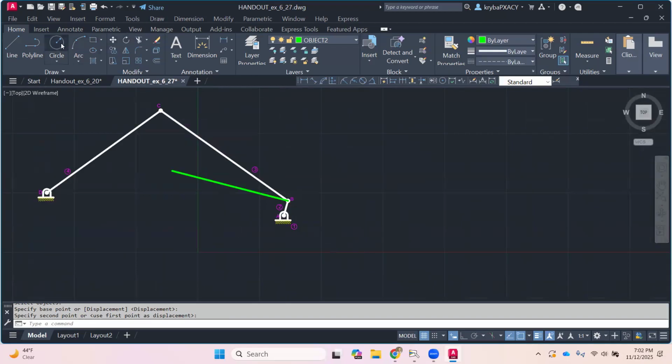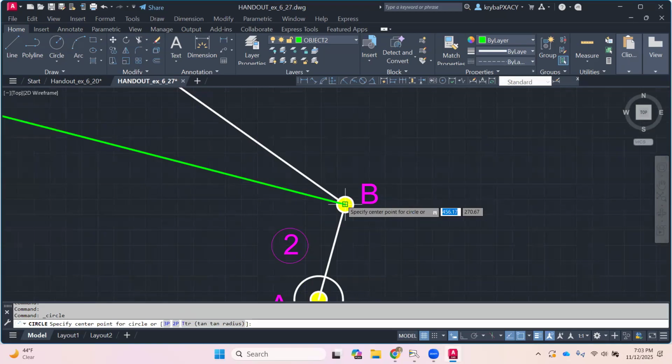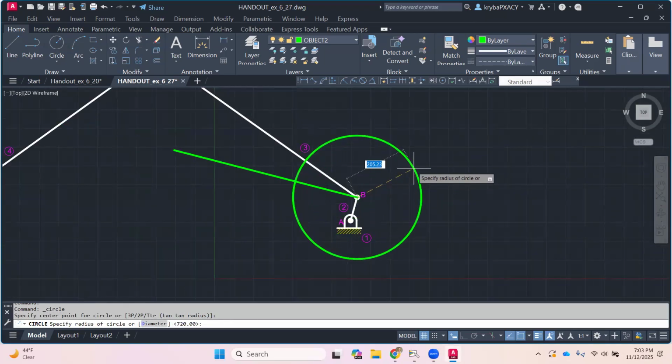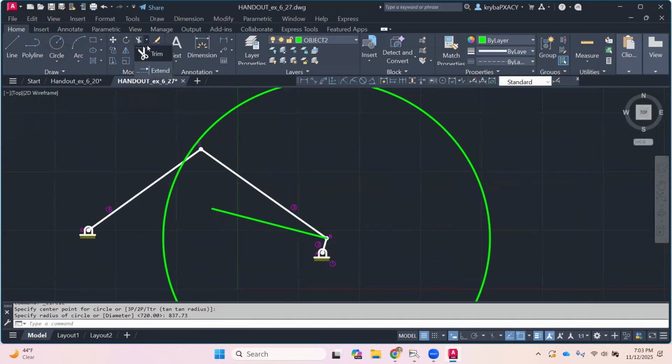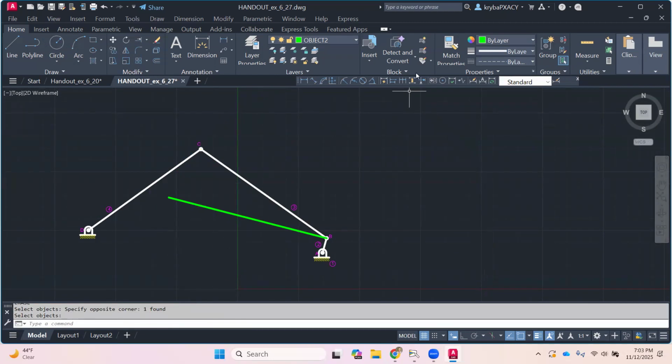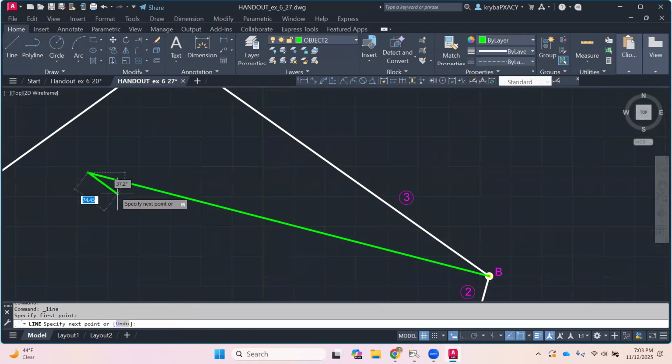Now, to get the right length, I'm going to do a circle center radius. The center is going to be here, and the radius is going to be equal to 837.73, which is the magnitude of my velocity of B. And now I am going to extend my vector to the end of that radius, okay? Then I'm going to delete that radius, and I'm going to draw my arrowhead. I know it's going in this direction up and to the left because that,